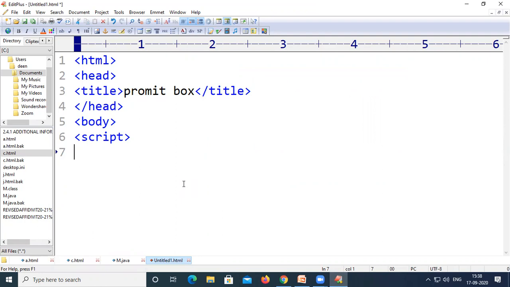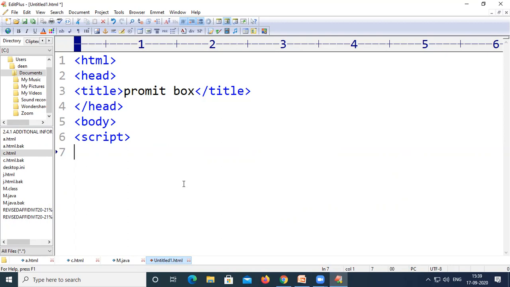We all know that in C or C++ and in Java, if we want to define a variable, we need to use the data type. For example, if we want to store integers, we use int followed by the variable name. If we want to store floating point numbers, we use float followed by some variable name.